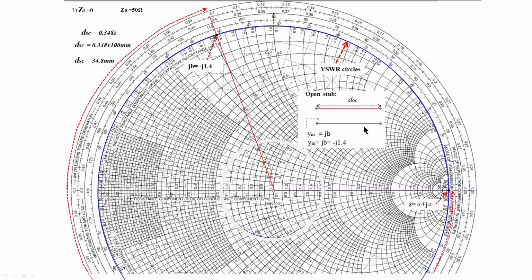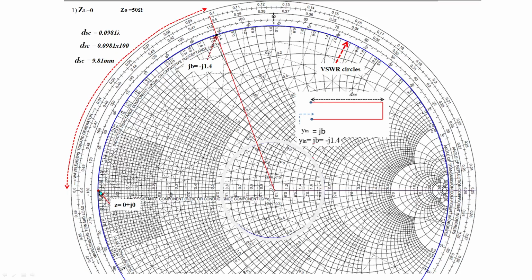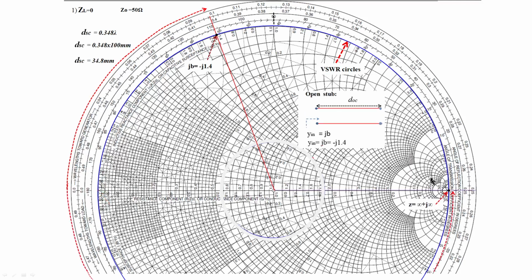Similarly, using an open stub also you can implement reactance. The only thing is you should see whether it is an open stub or a short stub. If it is a short stub, you start from here and stop wherever your required value of x or b is there. That's all. Similarly for an open stub, you start from here and go on moving over the VSWR circle until you reach your required value of x or b, and measure the distance from here if it is an open circuited stub.